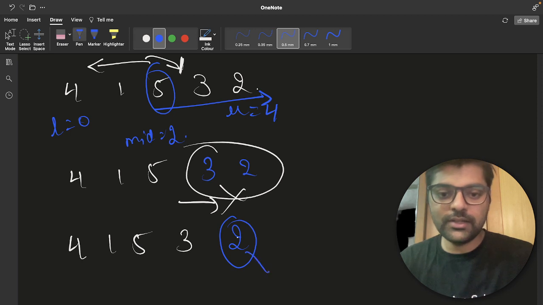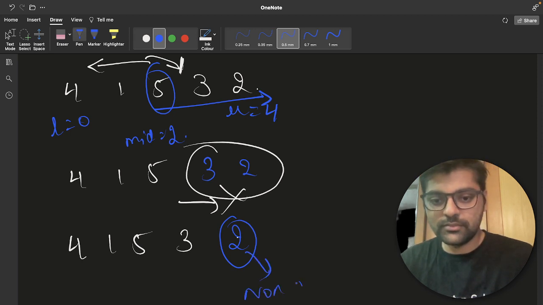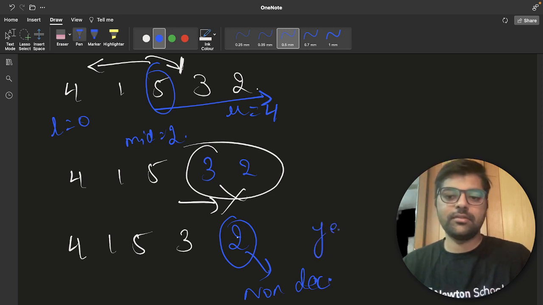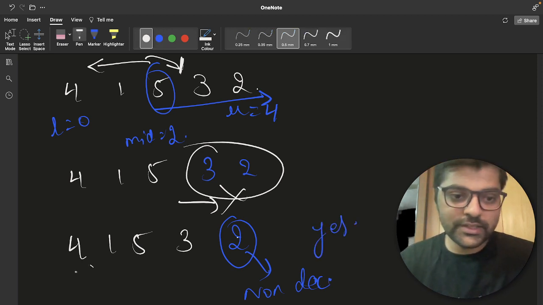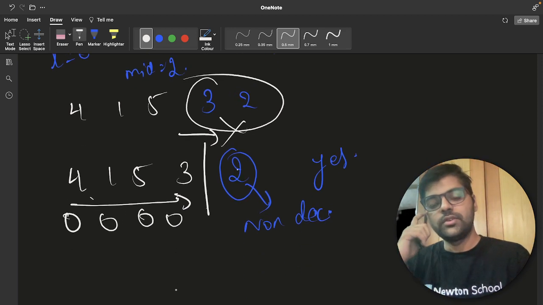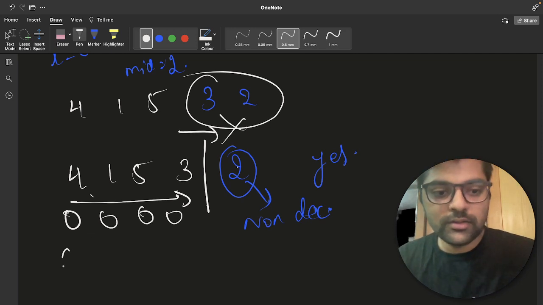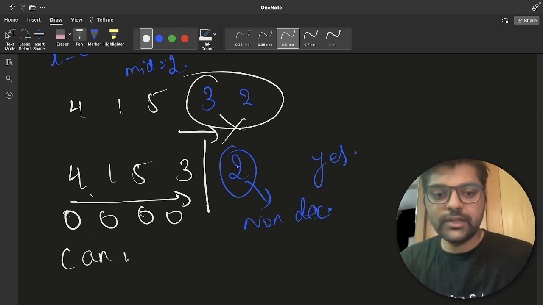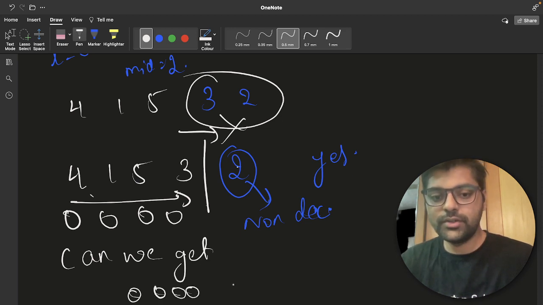Is it non-decreasing? Yes. And if we make it 0, if 4 is made 0, 0 1 0 0, this all are made 0, then can we get 0 0 0 0 2?